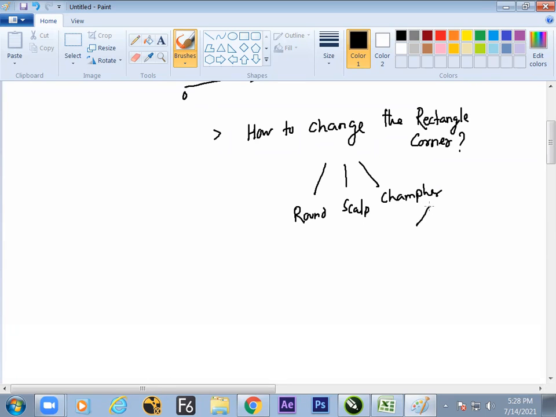Chamfer is a straight cut. And scallop is the reverse of round. Round is outside smooth, and scallop is inside smooth. The reverse. So hope we got that 3 different corners are available. It can be handled all together or else individually.